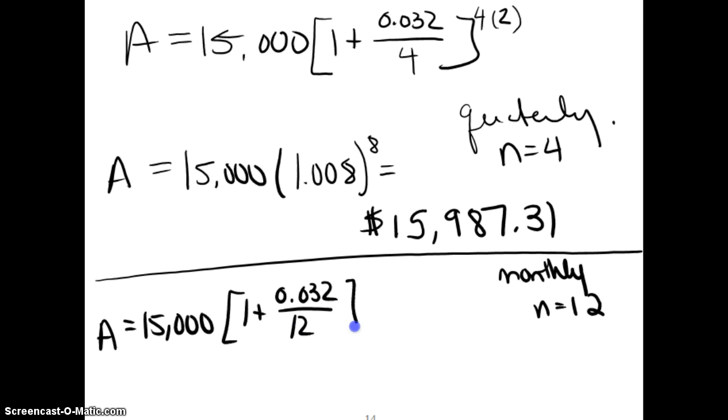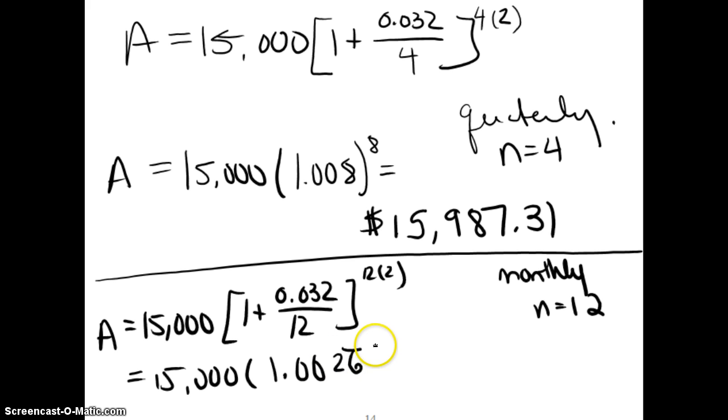Over my 12 months times 12 times 2 years gives me 15,000 times 1.0026 repeating to the 24th, which gives me a total of $15,990.33. Sorry. Okay, go ahead and do your worksheet, and